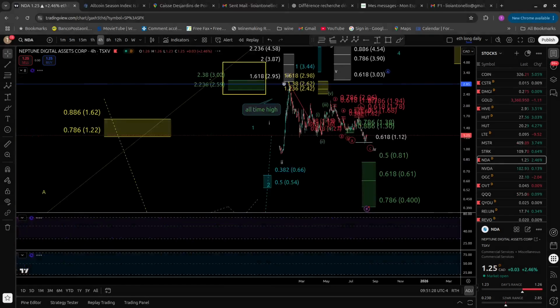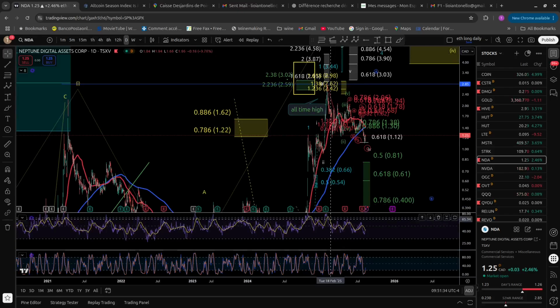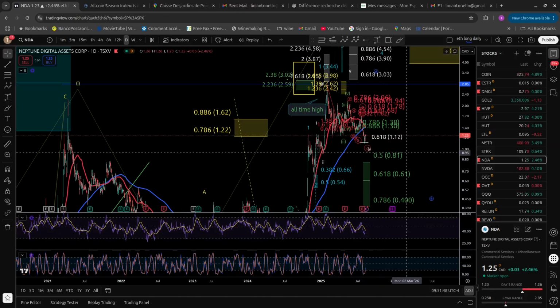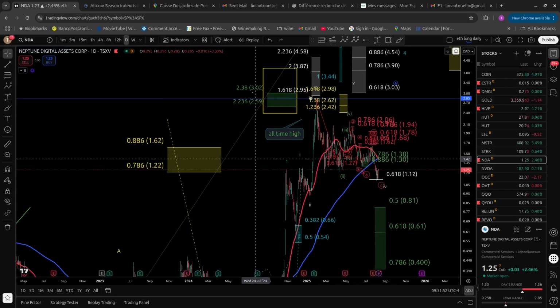Let me go on the 4 hours. So there is room to go up, no problem. And the daily especially. Yeah, so we're not oversold, but it's low. So, and I can see something happening because both RSI and stock RSI are low and maybe hinting that they want to go higher. All right, so this is pretty much all I wanted to share with you guys.